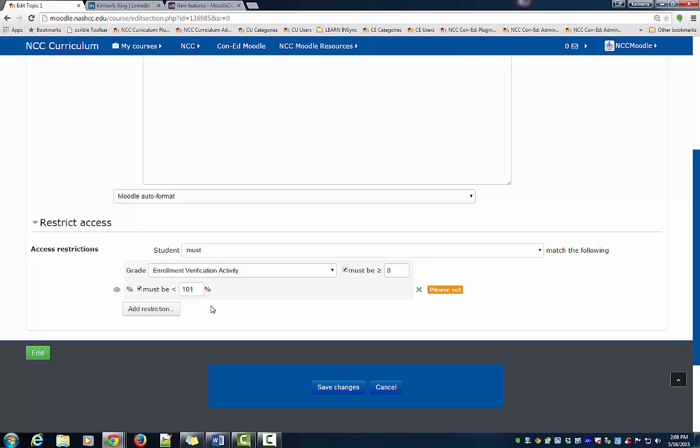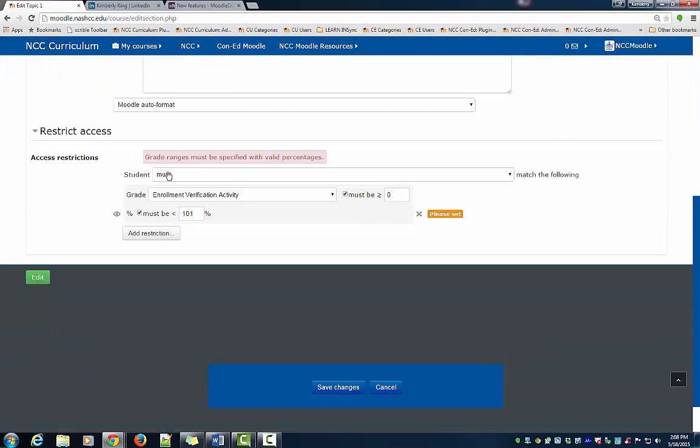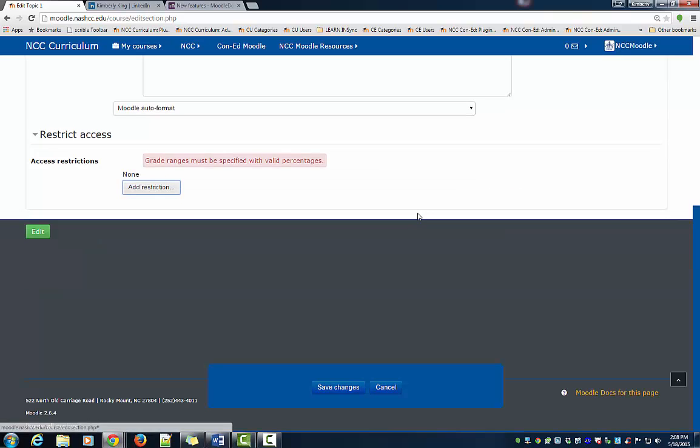However, when you're trying to save those same settings in Moodle 2.8, you will now receive an error message that states that the grade ranges must be specified with valid percentages. We have discovered that Moodle 2.8 will not allow you to save a restriction of a maximum grade of greater than 100%. Since we're not able to use that restriction in Moodle 2.8, I will cancel that, and now to